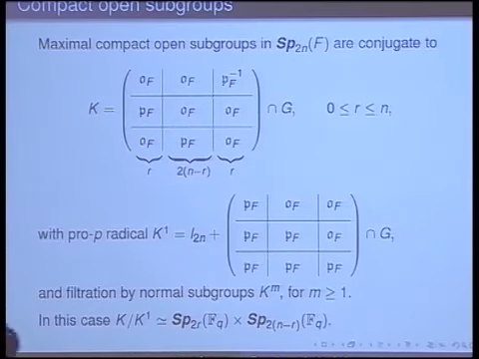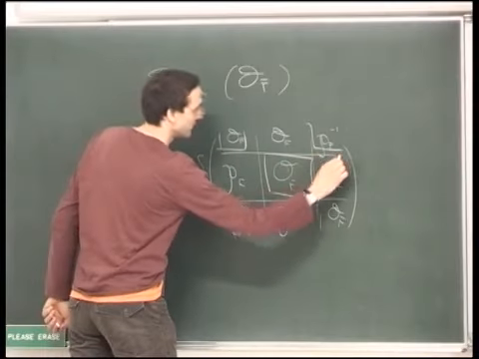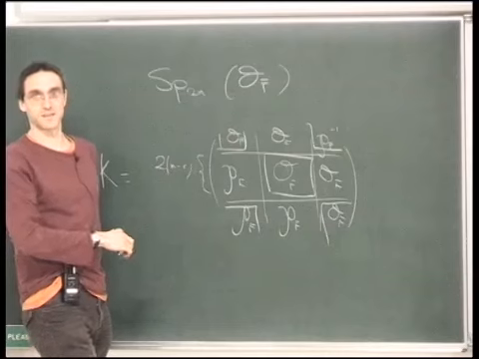And again, there is a filtration by normal subgroups, which I'm not going to write down. The idea is that one time you increase the power of p in these blocks, and then the next time you do it in the other blocks. Okay, and you alternate. That's one filtration you could put. And in this case, the quotient of the maximal compact by its radical is not, in general, just a single symplectic group, but a product of two symplectic groups. And again, you can see them. There's one of them coming here, and the other one coming from these blocks on the outside.